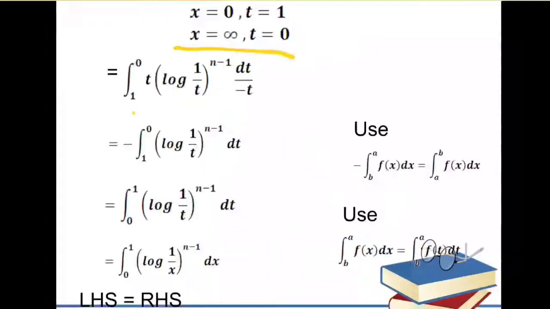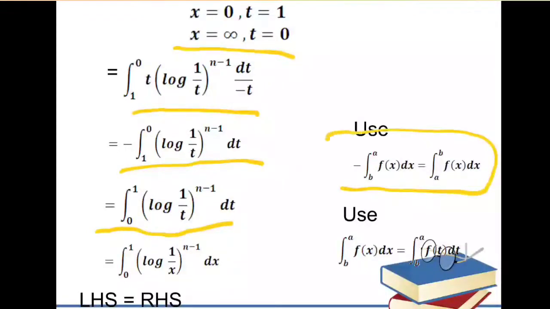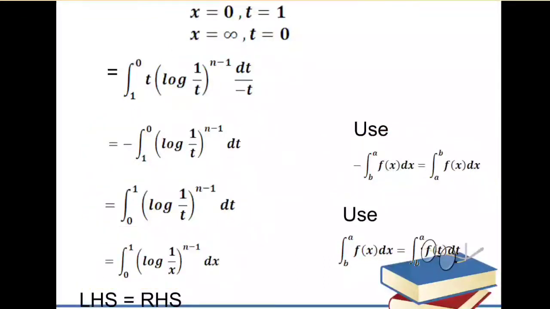So see here, we get these limits and completely put in the values. Then here t gets cancelled, and we get this term. By using the integration property, we can interchange the limits. Then this negative sign will be converted into a positive term. We get the final answer. In this way, we can solve the integration containing log.